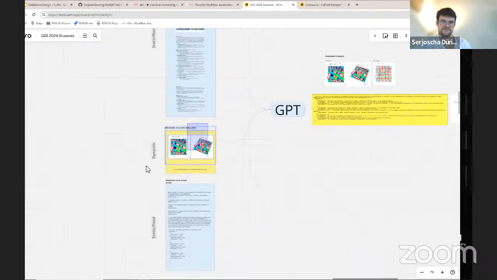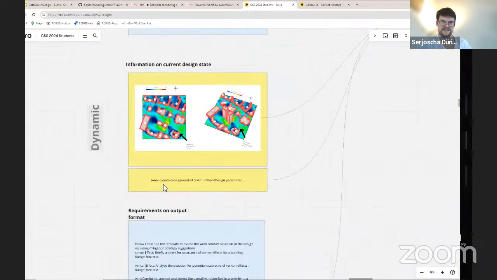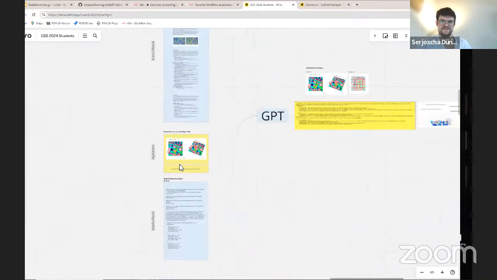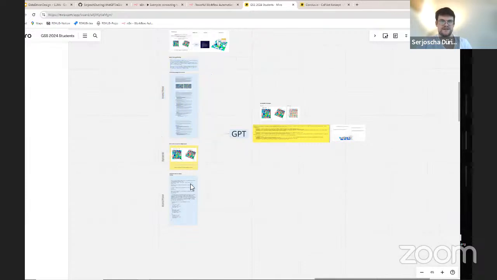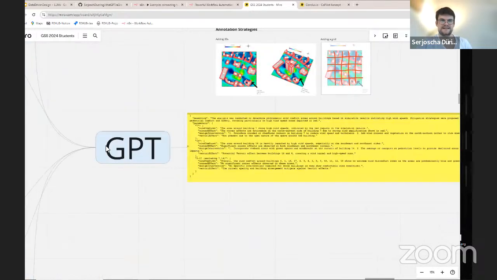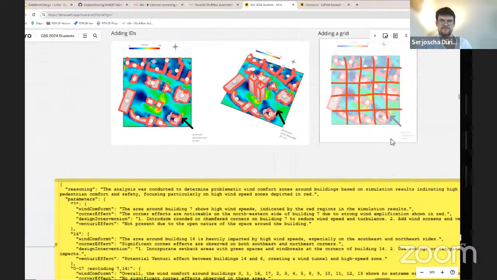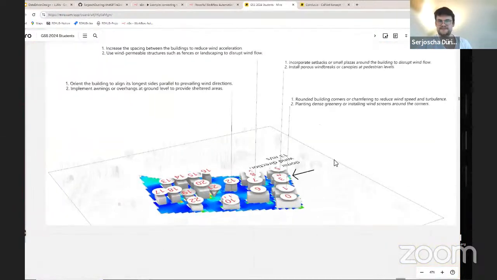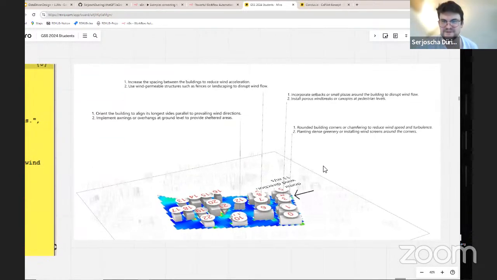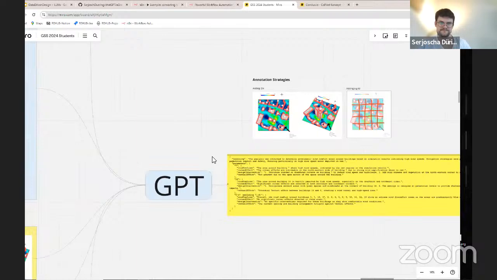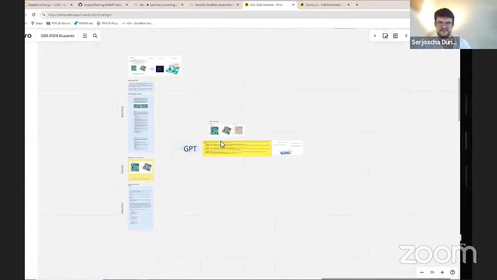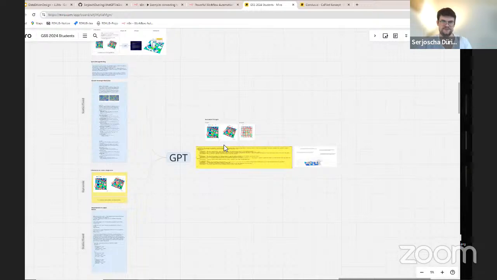And then here, the only dynamic parts of the prompt are these two input images and some information in the simulation parameters. Right, and these blue parts, the user will never really see. They are hidden. And then we get outputs like here, JSON for two different buildings where the model thought, here's a problem, here we should annotate something. And then this is how the early prototype could look in Rhino Grasshopper. You have these text annotations on top of the images. That gives you some ideas of what you could do there, right? So I think it's a quite interesting direction to continue working on.